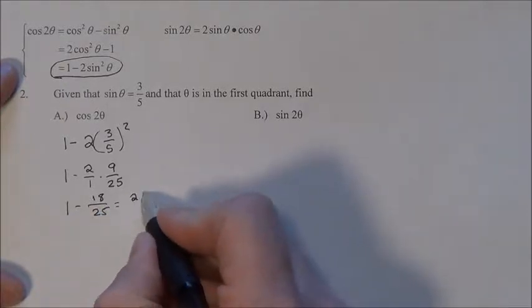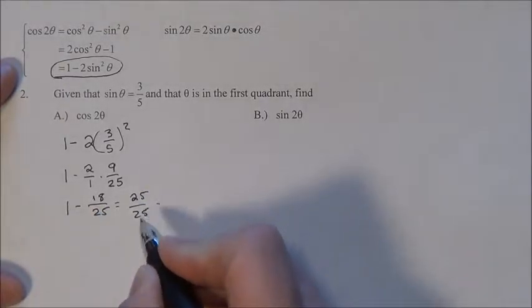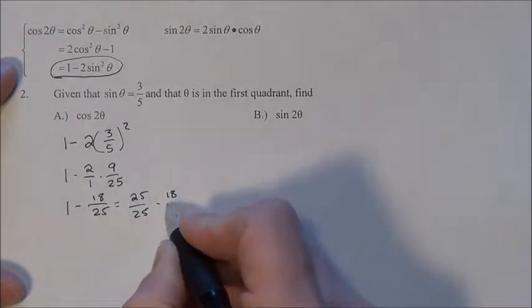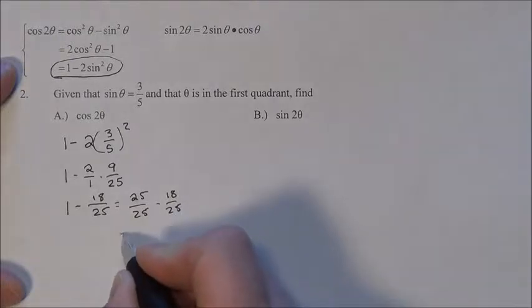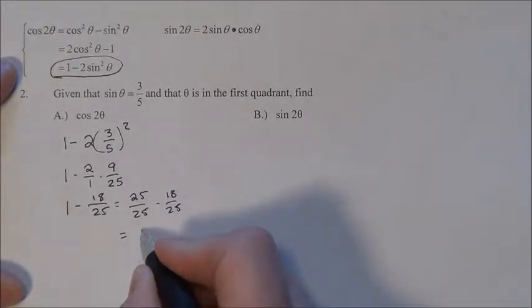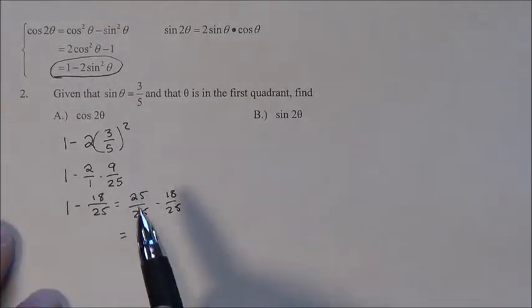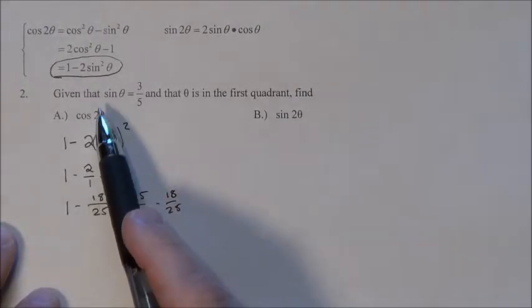So 1 is the same as 25/25. 25 divided by 25 is the same as 1. And we're subtracting 18/25. That'll give us a grand total answer of 7/25. The nice thing is most of the time when we're doing the cosine of 2 theta, we're either going